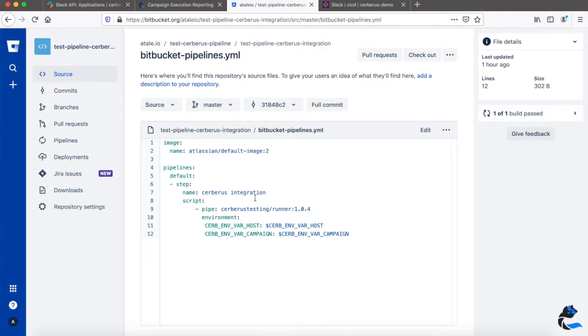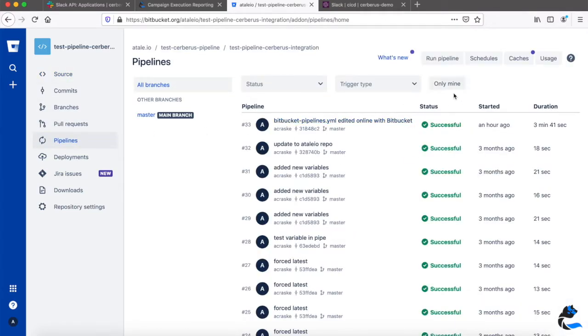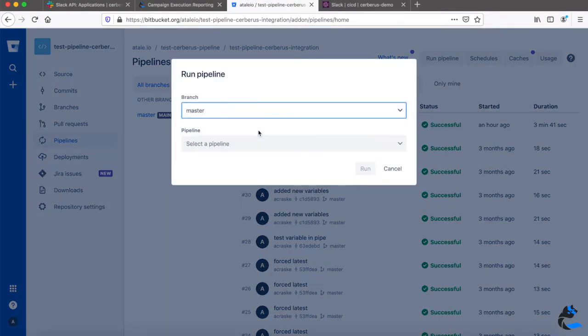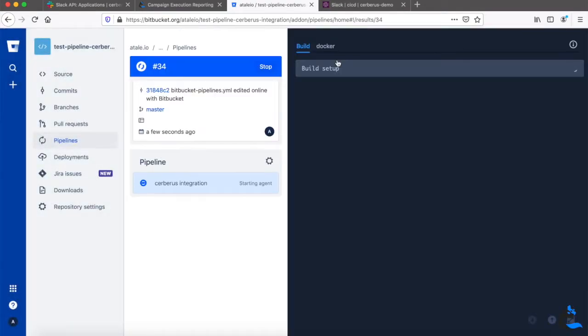You have all the information in the documentation of the plugin. We will just trigger the campaign on committing a file in this project. So I will go to the pipelines part and trigger a standard pipeline to launch the campaign, and we need to check that the Slack messages are correctly received.